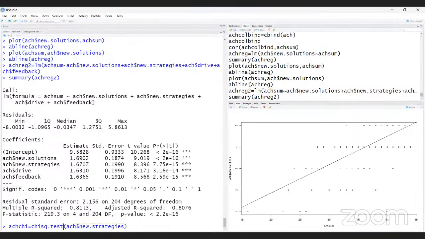Sorry, another thing will be table. Table, H new strategies, comma, H dollar new solutions. Okay.